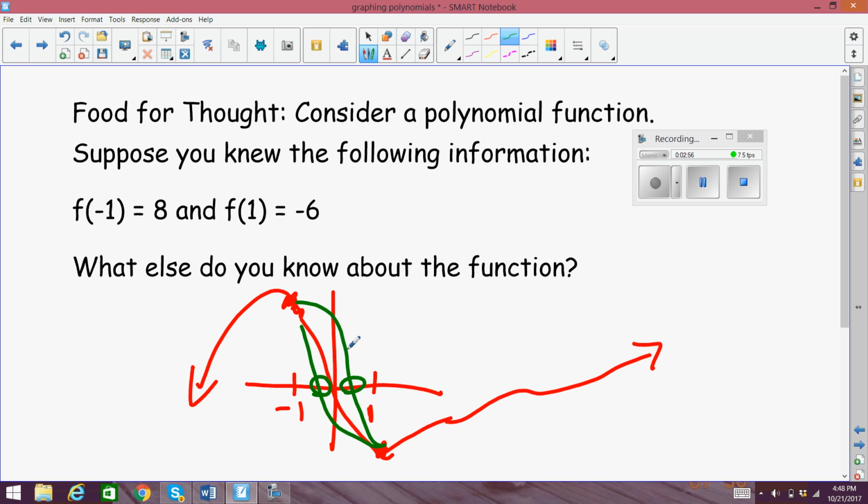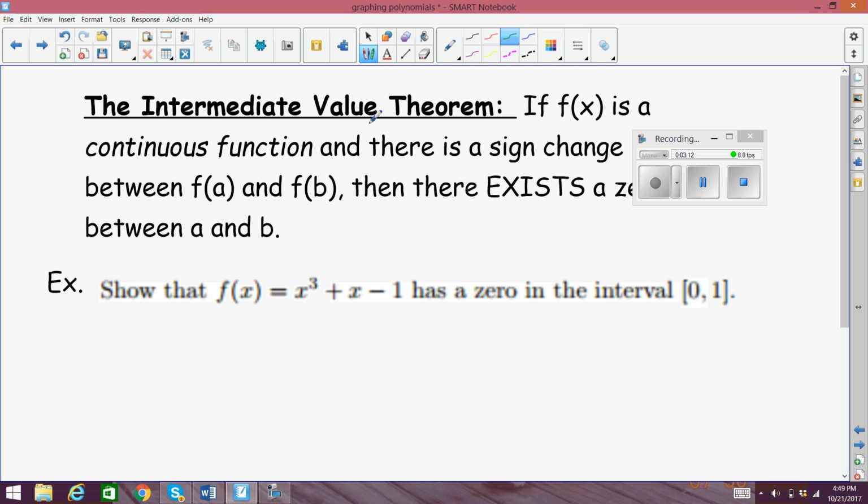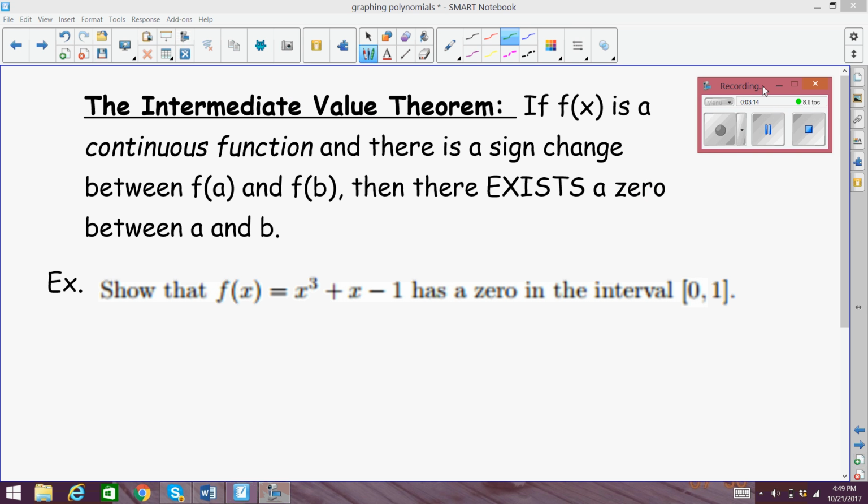This particular observation or fact has a name. I like to abbreviate it the IVT, which stands for the intermediate value theorem. Okay? The intermediate value theorem. Intermediate sort of meaning between the two. So what this says is that if f of x is a continuous function,